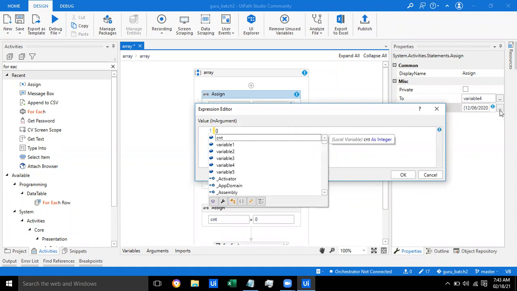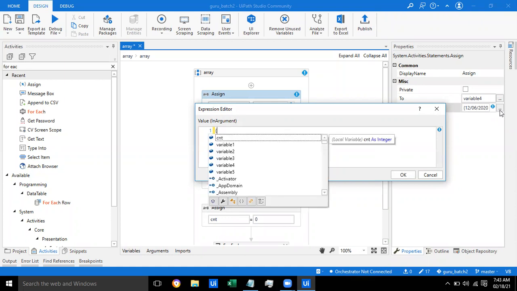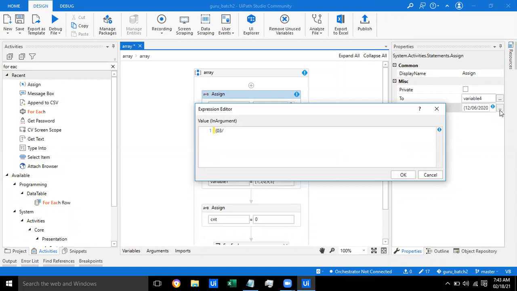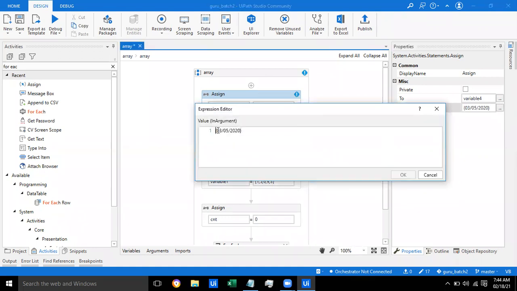Curly bracket. 03 05 2020. Okay, so that's my first date. Else what I can do is use the CDate function, CDate of this particular date.